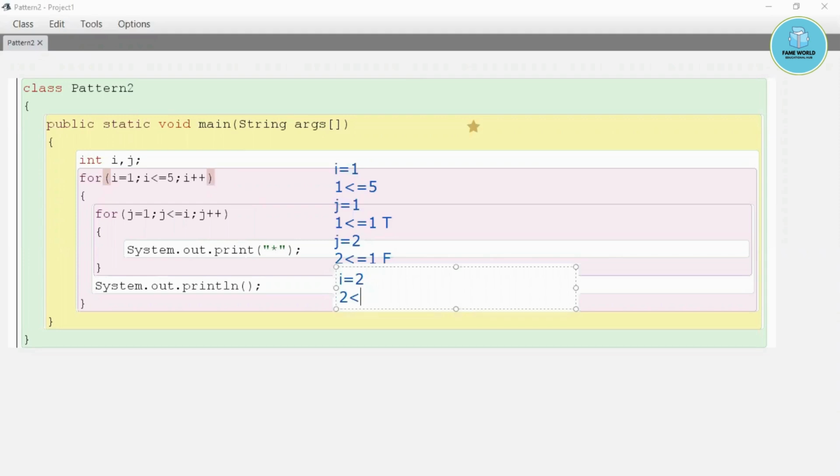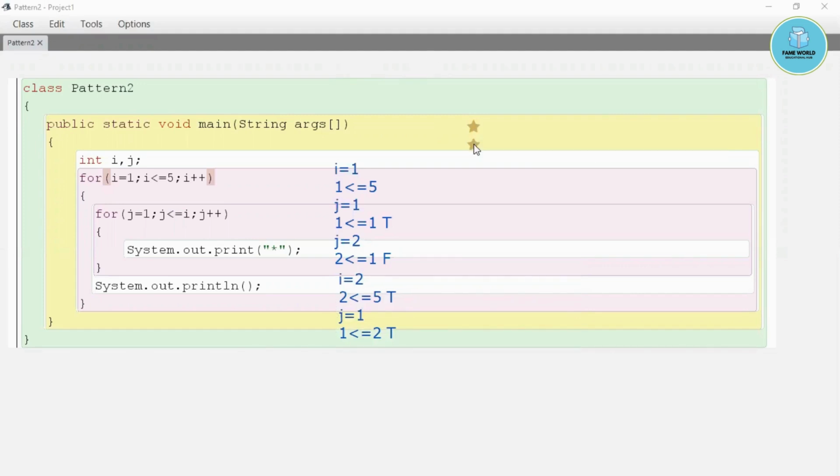So I equals to 2, 2 less than equals to 5. Condition true. It will come inside and the value of j is 1 again, because j was initialized to its initial value since the loop was terminated. Then 1 less than equals to 2. The value of j was 1 and I was 2, because we are checking till I. So this condition is true. It will come inside and print the star on the second row and first column. So second row and first column is this one.